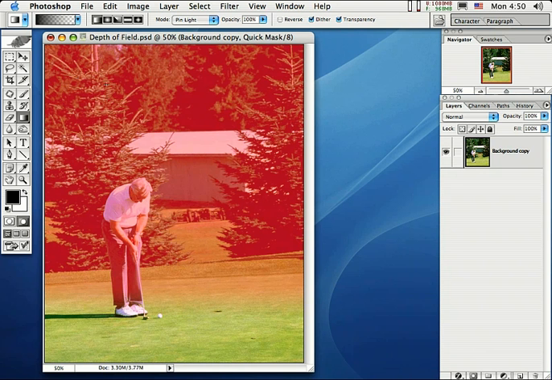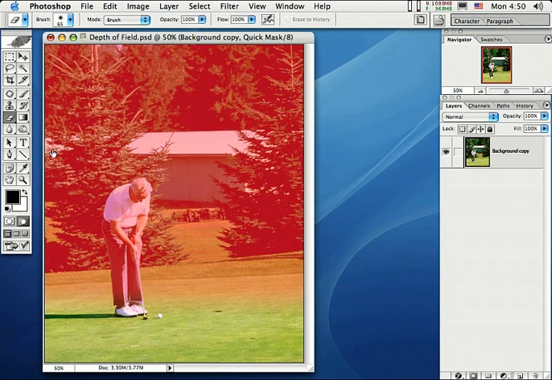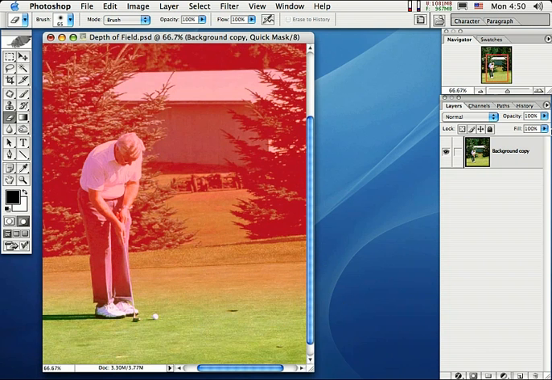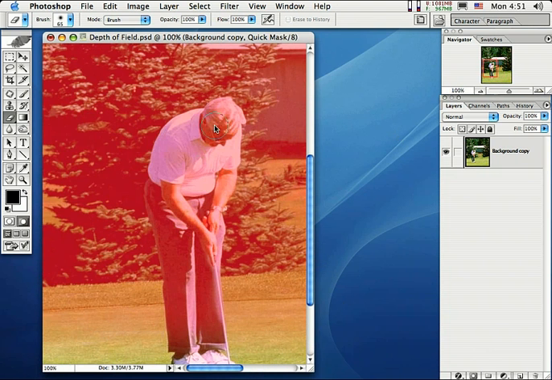What we're gonna do next, I'm gonna go ahead and select the eraser tool on the toolbar. And then let's go ahead and select about a 65 pixel soft brush, and I'm just going to zoom into the man here, just a little bit. There we go. And I'm going to go ahead and just erase away the mask. Okay, so we reveal the guy here. Here we go. Make sure we get his hair and everything,